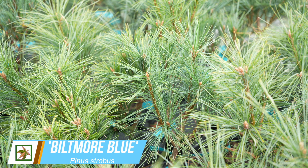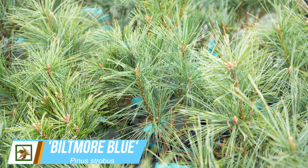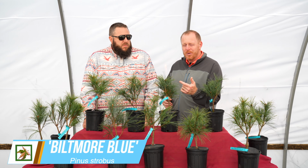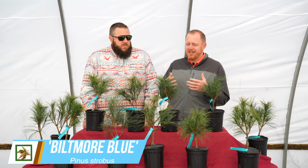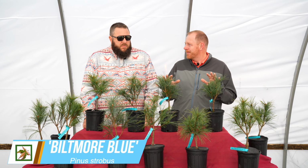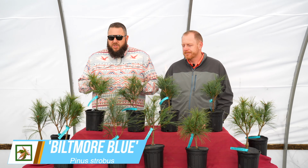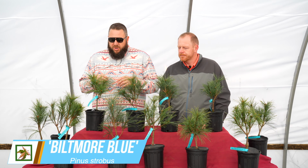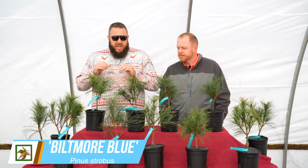It has that compact shape, and you can put this in your Japanese maple garden and have a unique evergreen interest with a nice blue-green needle that you can't get on Japanese maples. You can't get that blue color out of a Japanese maple, but you can get some out of Biltmore Blue. Now, it's a white pine, so you definitely get those silvery, variegated looks to it as well. You kind of get this frosted approach to it,